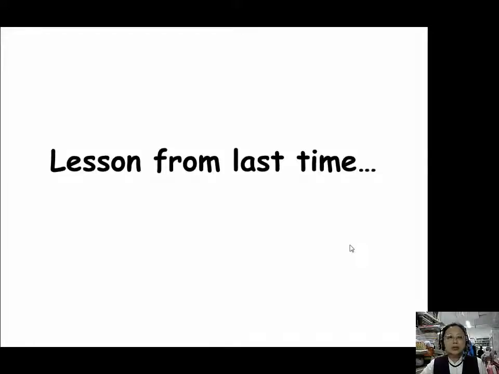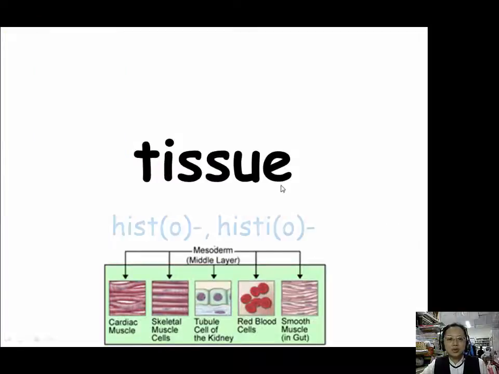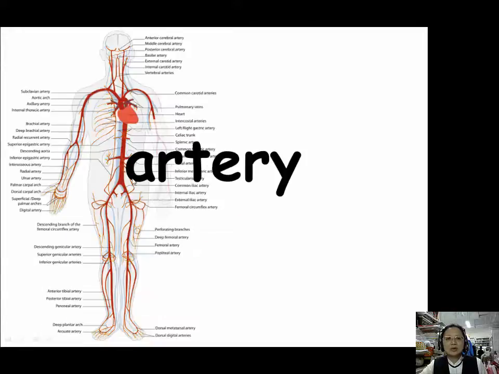Today we are going to finish lesson 11. But first, let's review the first part of lesson 11, which we learned last time. For organ or organic, we use organo. For tissue, we have two prefixes, histo, H-I-S-T-O, and histio, H-I-S-T-I-O. For heart, we use one prefix, cardio, C-A-R-D-I-O. For artery, we have one prefix,